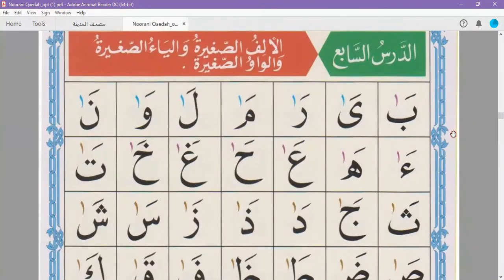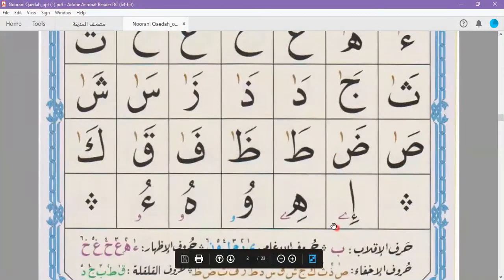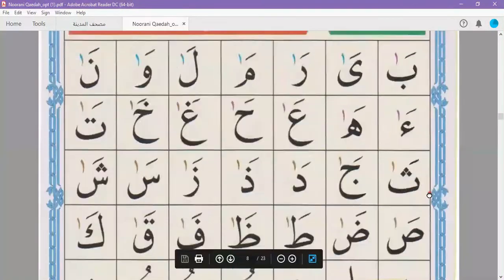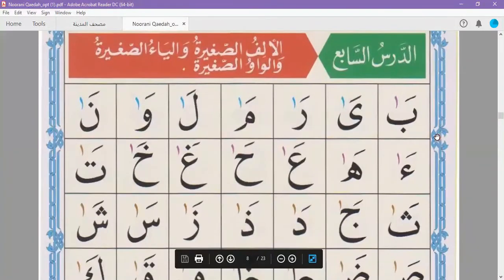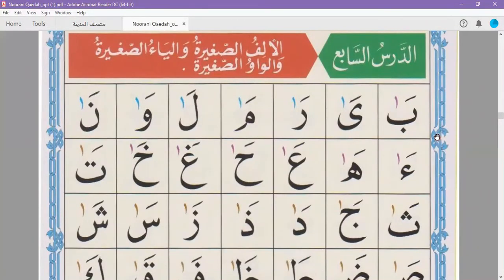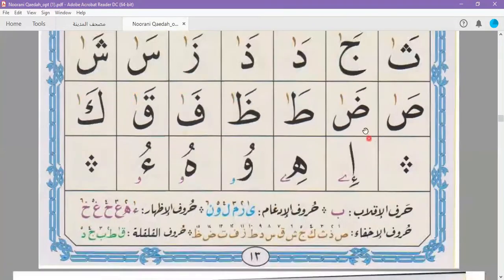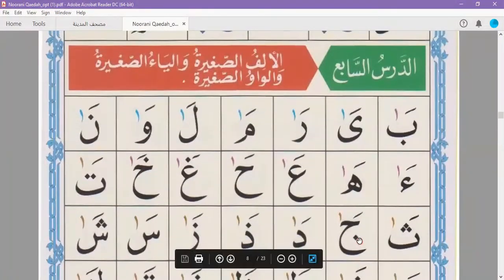Okay, the point of this lesson is to understand that the small alif, small ya, and small waw are the same in pronunciation as a normal alif, normal waw, normal ya, as the mad letters. These are also the mad letters. These are mad tabi'i, except for hamza, which is madul badal, but they're all to be counted 2 counts, 1, 2, fast 2 counts, the way we did taha. Remember in the third lesson, we did taha like that. So you're gonna do 2 counts for each of them, okay? That's all there is